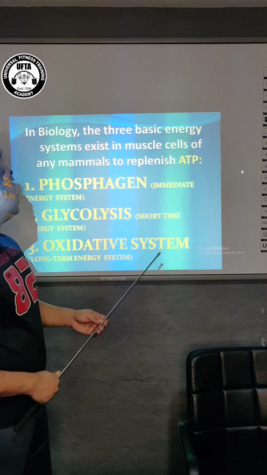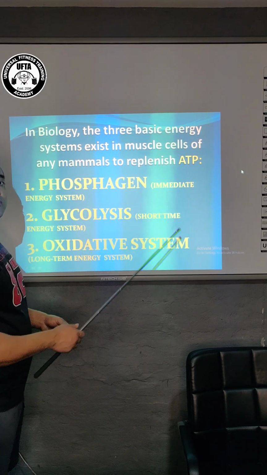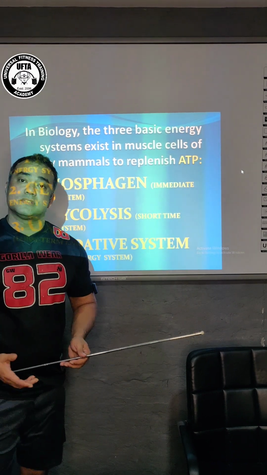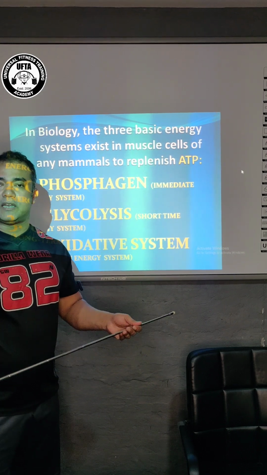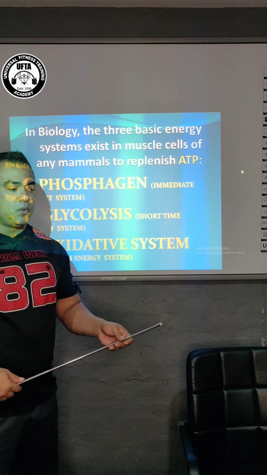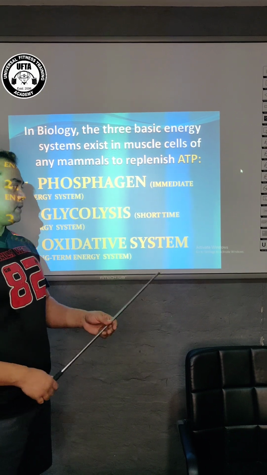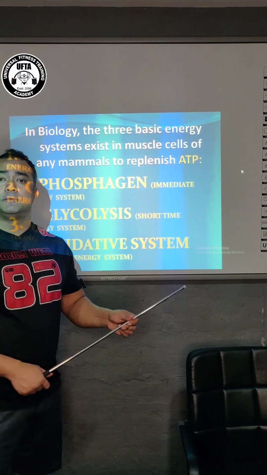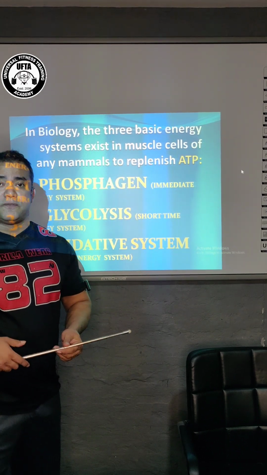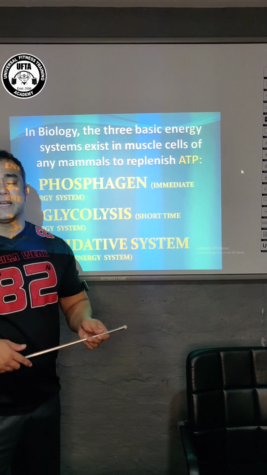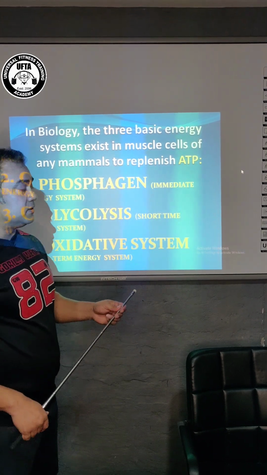So the body mainly consists of three types of energy systems, and one is the phosphagen system, which in simple terms is also called the immediate energy system. Whenever we need energy immediately, irrespective of intensity of activity, suppose when we wake up early in the morning, for the first 5-6 seconds, we need immediate energy. That immediate energy is produced by the phosphagen system. While doing physical activity, workout, exercise, the first initial few seconds of instant energy is provided by the phosphagen system. That's why it's also called the immediate energy system.